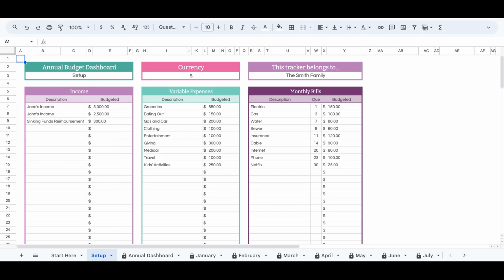Hey there, it's Abby, and I just want to show you a little trick that you can use on your Complete Finance dashboard. So, I created this Complete Finance dashboard with this setup tab, and the purpose behind the setup